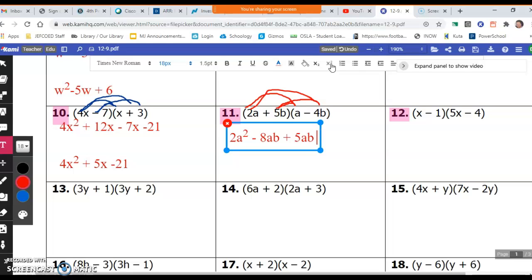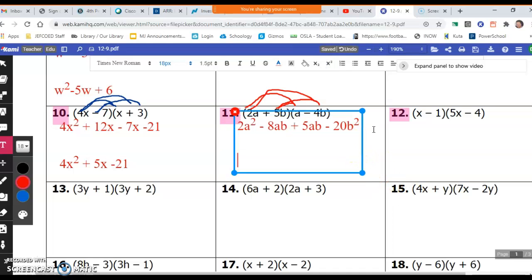Okay? All right, and then we have 5b times the negative 4b, minus 20b what? Squared. Good? All right, from there, combine our terms. Don't have anything for the 2a squared, so 2a squared. Negative 8ab plus 5ab is negative 3ab. And then minus 20b